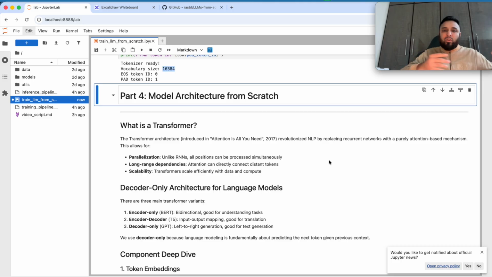For example, if we are translating from English to French, the input would be an English sentence and the output would be in French. But then the researchers at OpenAI figured out we can use only the decoder model of the transformer